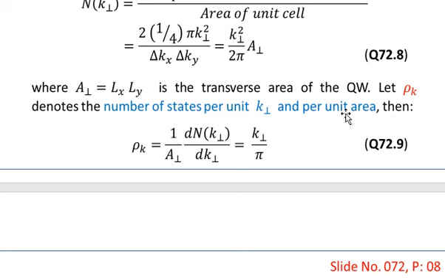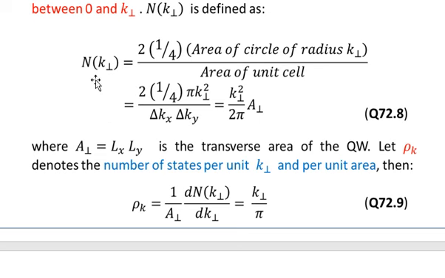Then we can calculate rho of k from the equation for n of k perpendicular using the formula, that is, rho of k is equal to dividing it by the area, because we are calculating per unit area. So we have 1 over A perpendicular, and we are also calculating the number of states per unit k perpendicular. We cannot simply divide by k perpendicular, but we need to take the derivative